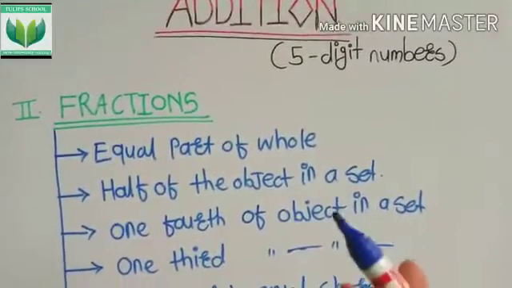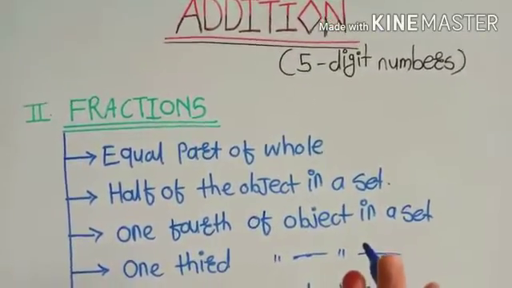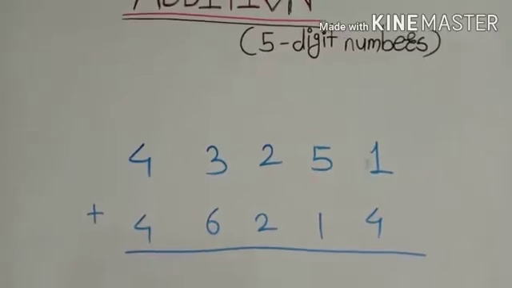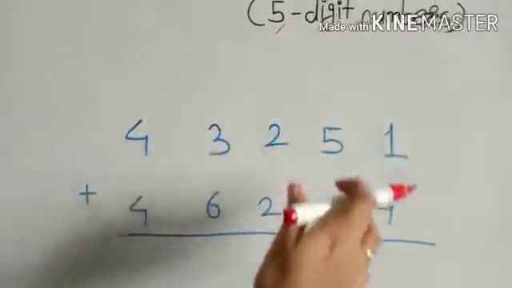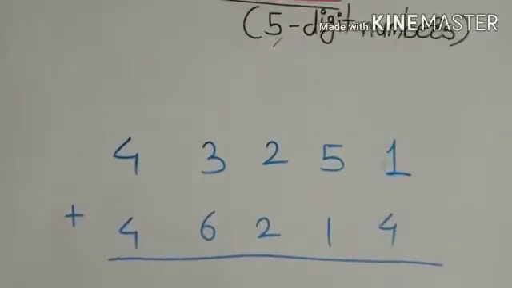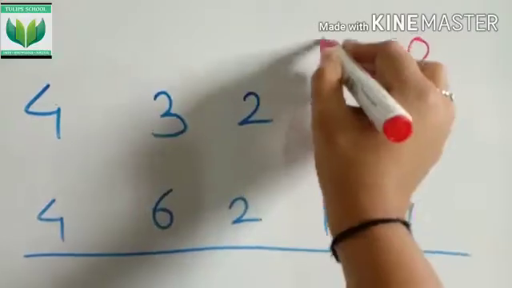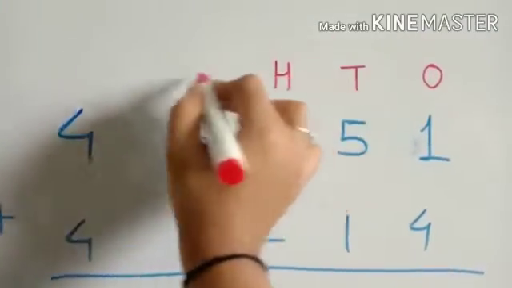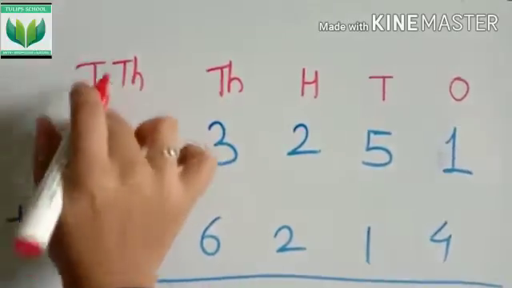That lesson name is addition. Today we are going to learn addition of 5-digit numbers. For example, I wrote a 5-digit number addition here. First of all, we have to know the place value, the place of each digit: ones, tens, hundreds, thousands, and the last one is ten thousands. Okay,